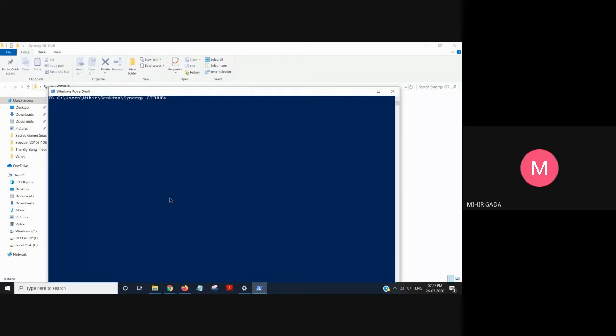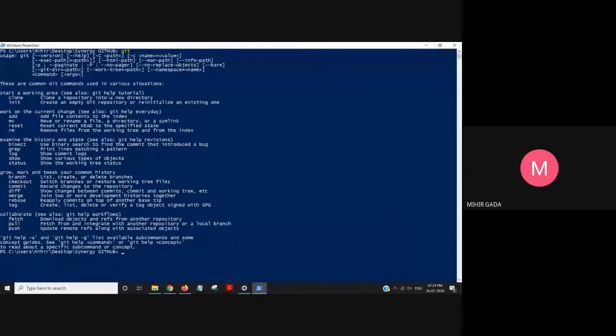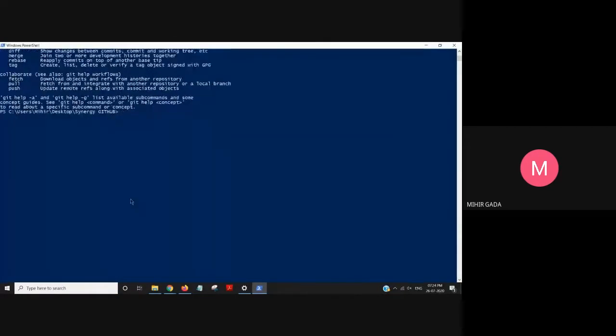For Linux users, you can use the terminal. We used Linux in our previous GitHub session, but now most users are on Windows, so we shifted to Windows. Now I type the command git, and you can see Git is perfectly installed.